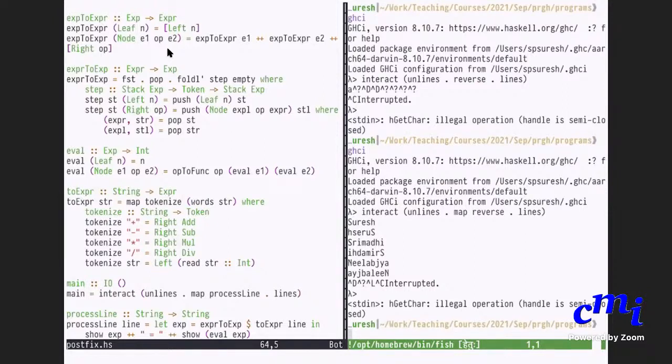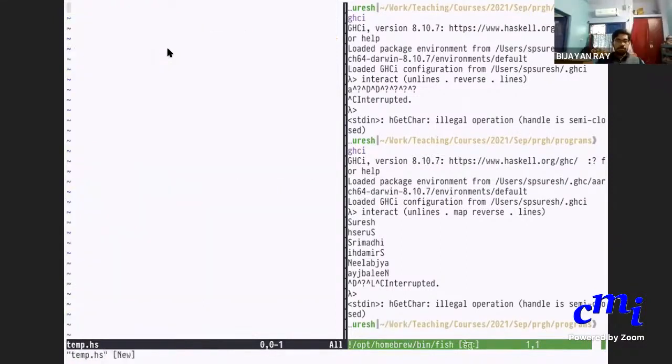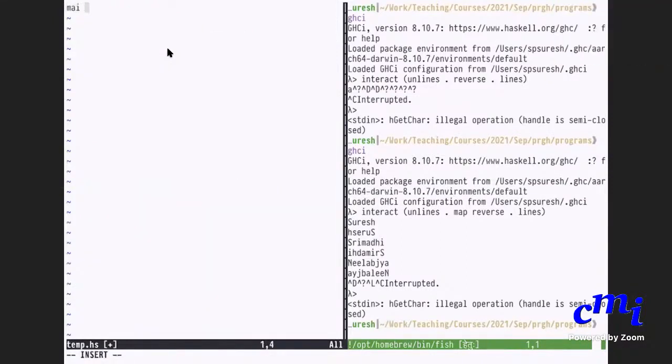Now, if I write my own program, then it will work properly. Suppose I go back here and say temp.hs. Here I am just saying main.